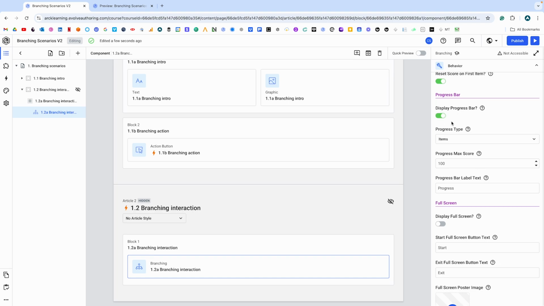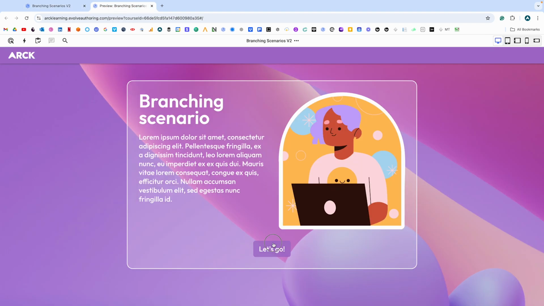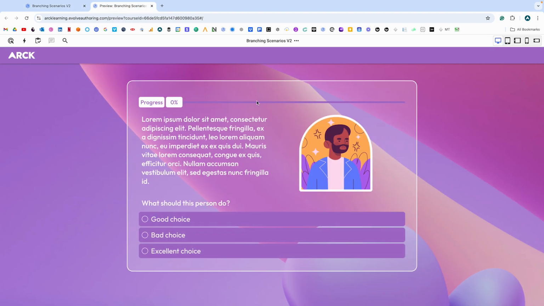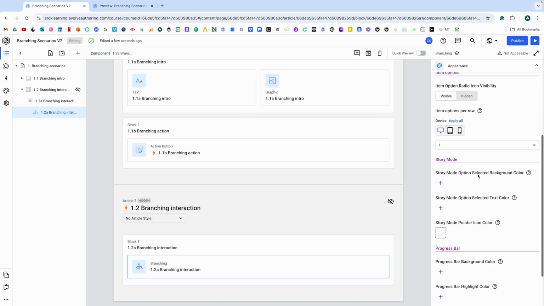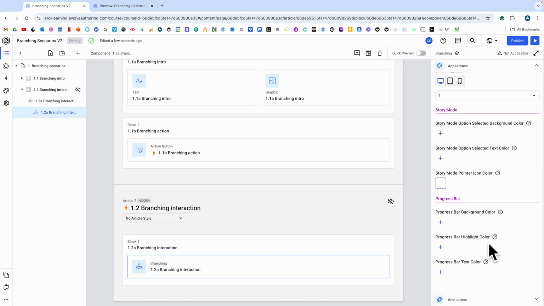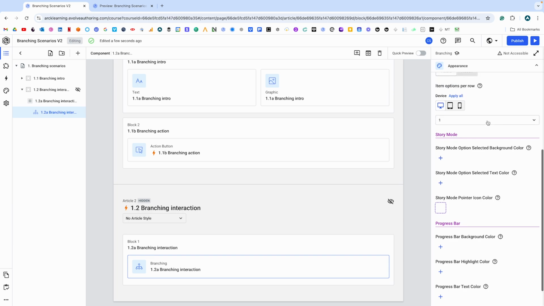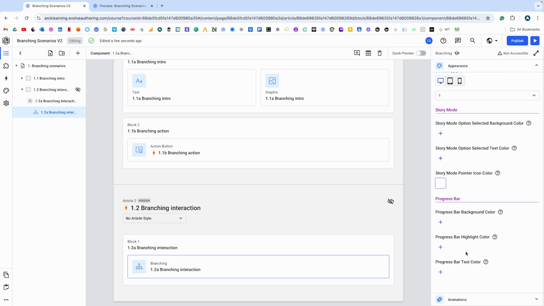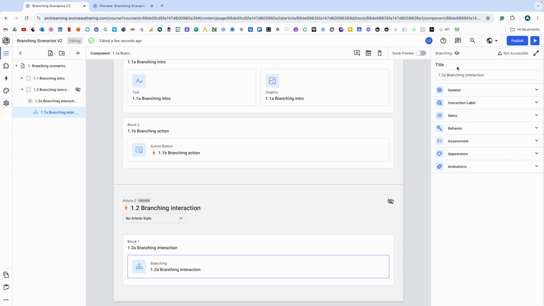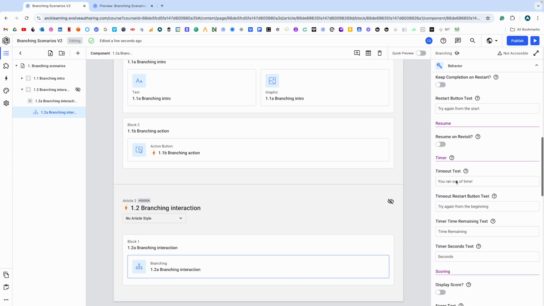Progress bar. If I put the progress bar on, it just displays like this. You can style this in the appearance. If you wish, you can also style it in the theme. I'm not going to go into theming right now, but again, you can take this theme from me if you want. You can do that, but you can make them separate colors. But you have to, in the behavior, obviously,